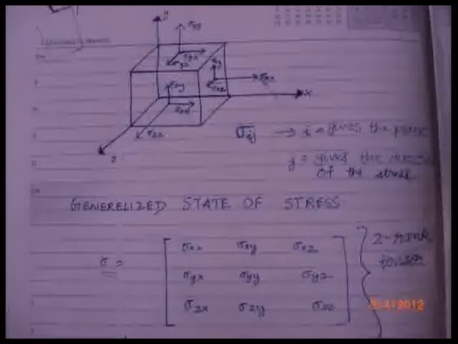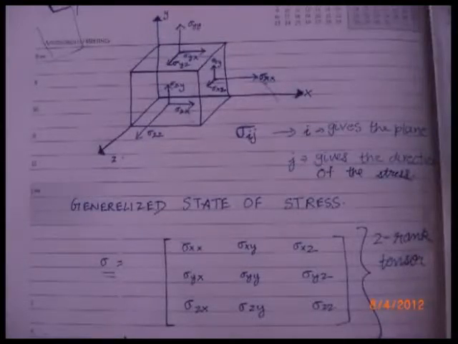The perpendicular stress acting on the face, which has the x-axis as the normal to it, is taken as sigma xx. Now any stress symbol is given as sigma ij. The I subscript, or the first subscript, denotes the plane, and the plane is given by the direction of the normal to the plane. So sigma ij is nothing but the stress acting on the plane with I direction as the normal to it, and the stress acting in the direction j.